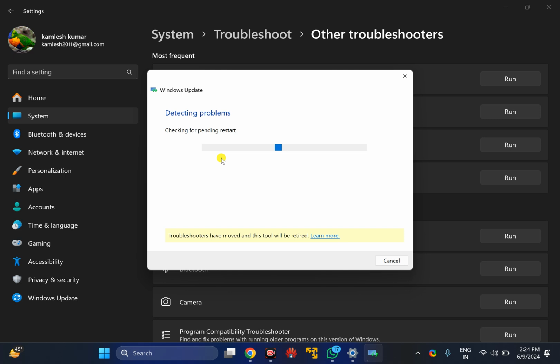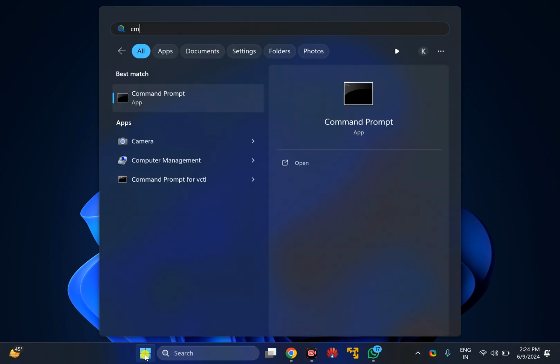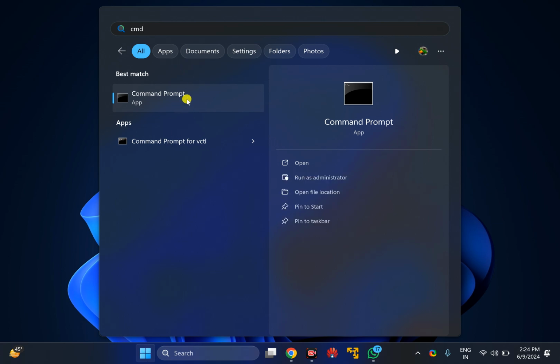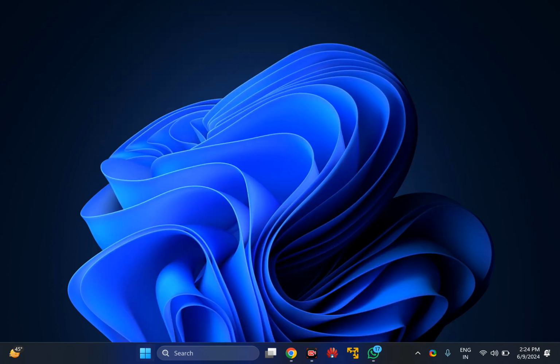In case it does not fix the issue, you need to clear the Windows Update cache. For that, first click on the Start button and then type CMD. In the search results, right click on the Command Prompt entry and select the Run as Administrator option.